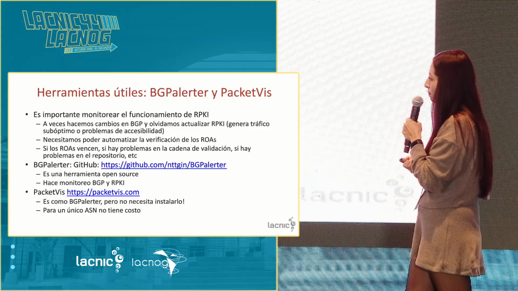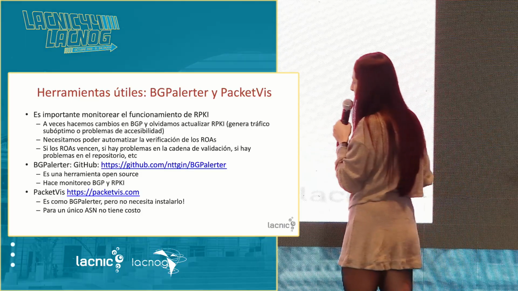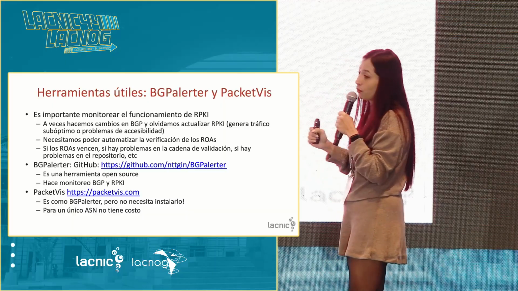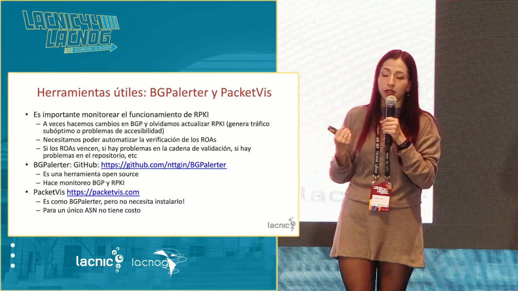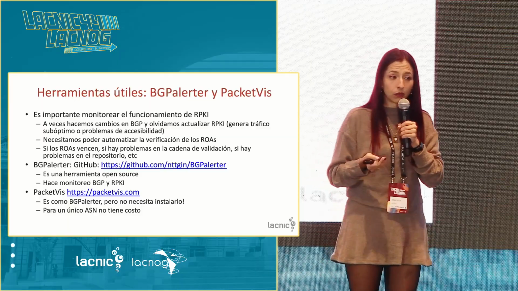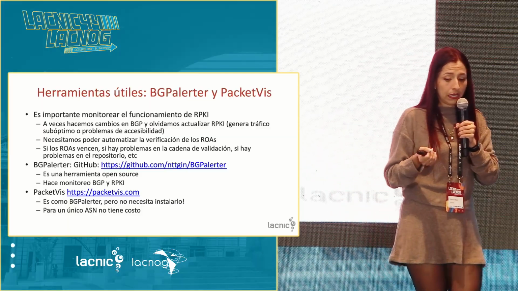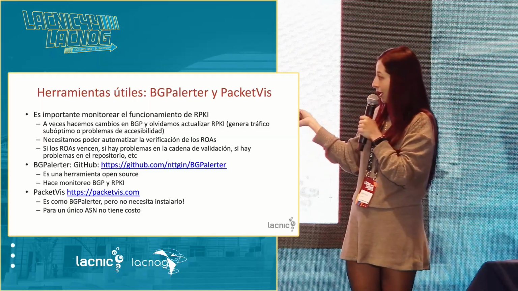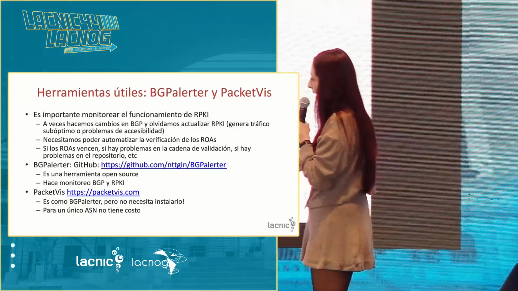We have these tools here, BGP Alerter and PacketVis. These two have the role of forwarding notifications in order to monitor the status of our routes to see if they change. And the difference is that the BGP Alerter